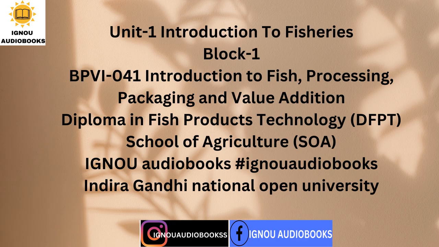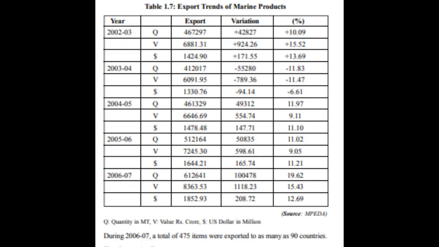In the last decade, our seafood trade has doubled, both in value and quantity. During the year 2004-05, India exported 4.6 lakhs tons of marine products, valued at US $1.478 billion. In 2006-07, this figure has become US $1.85 billion. In 2007-08, India exported 541,701 MT marine products valued $1.899 billion. During 2008-09, Indian export of marine products touched